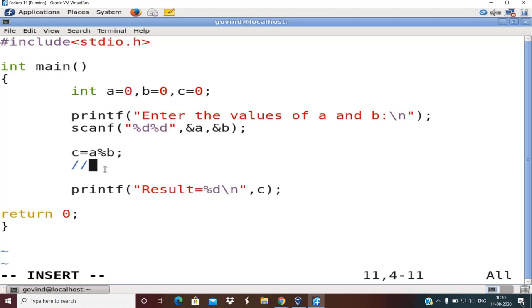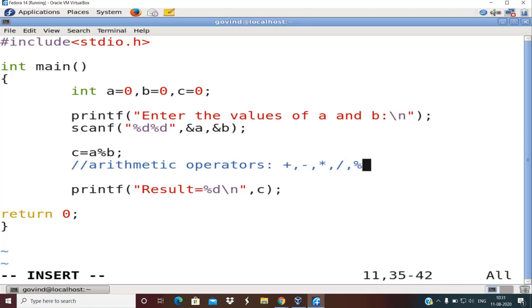So arithmetic operators, there are actually 5. One is addition, followed by subtraction, multiplication, division, and mod operator.